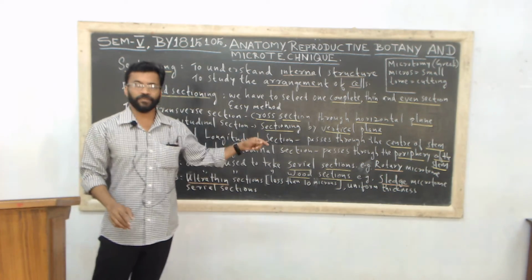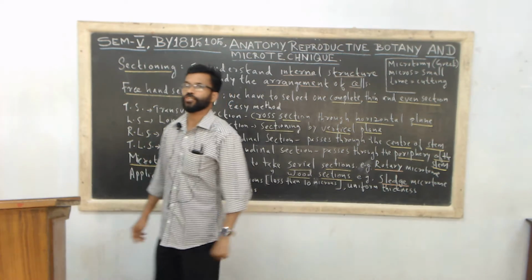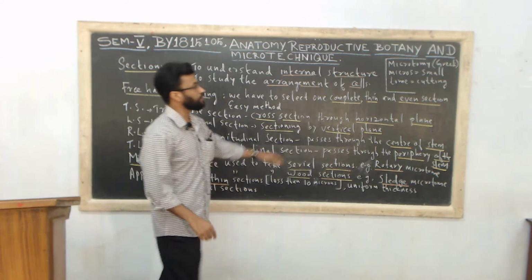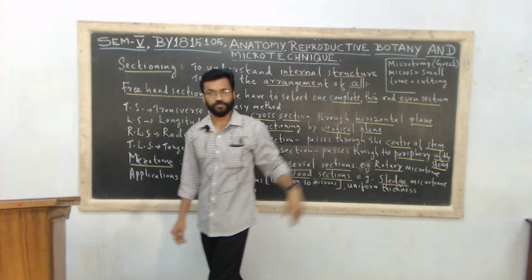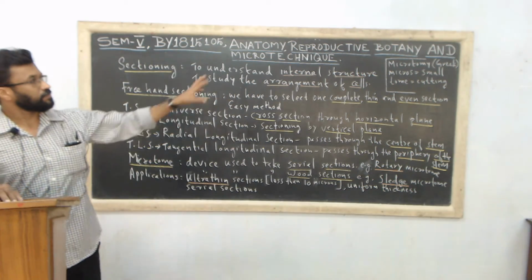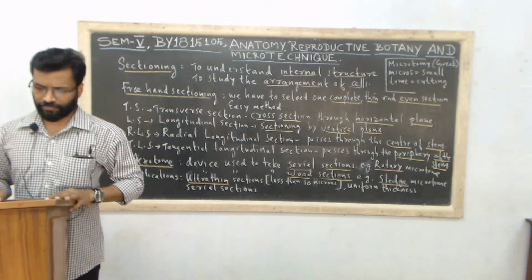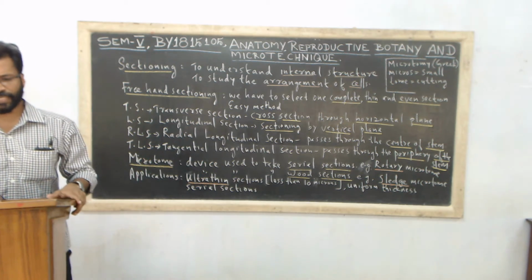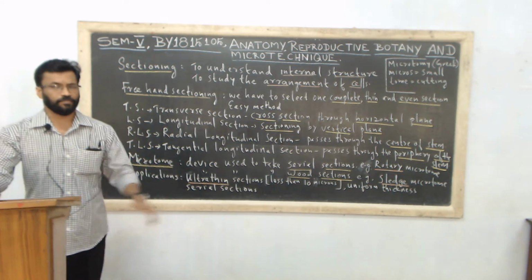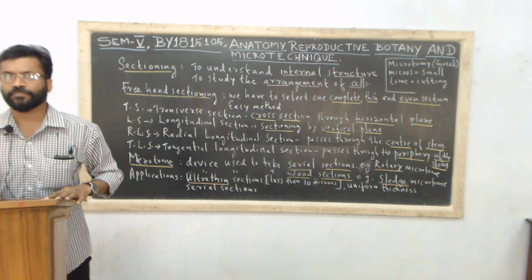Microtomy is a Greek word. Micros means small and tome means cutting. These two words are combined to get microtome. Microtome means small cutting. Ultra thin sections for electron microscopy can be obtained by means of microtomy, and that is known as TEM, transmission